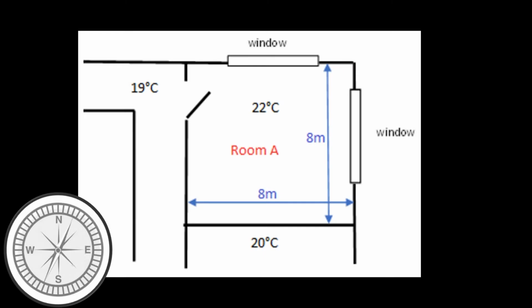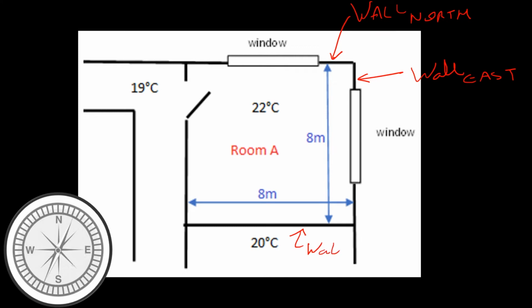Excellent. So now we're just going to label the rooms and all the surfaces. Label the rooms. We're going to label the walls and all the other surfaces. So here, I'm just going to call this wall north. This one, wall east. Just check my wee compass as a cheat because I get these confused sometimes. Then here, wall south. And you might be thinking, that seems mental, why are you not calling it south wall,